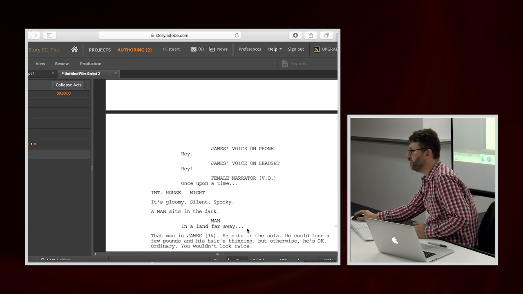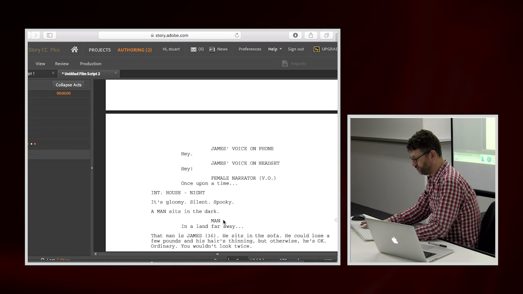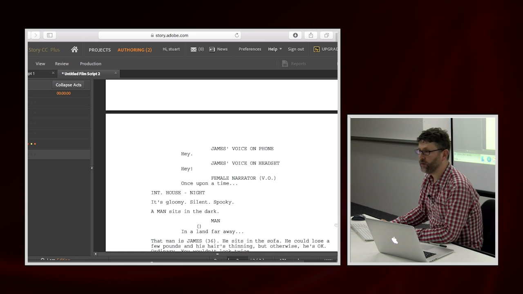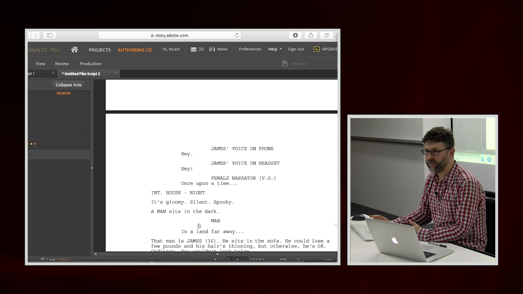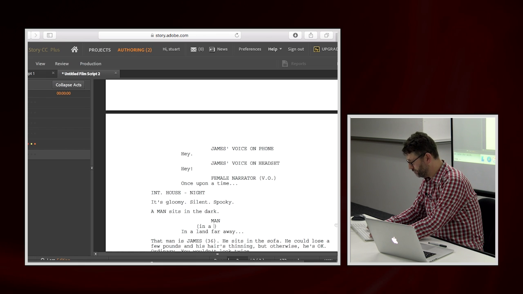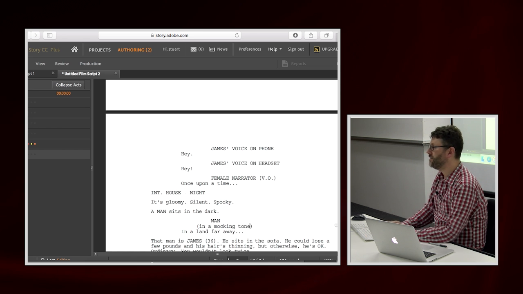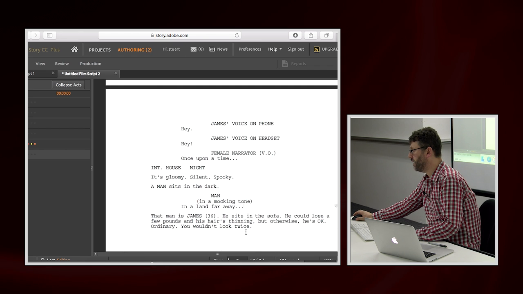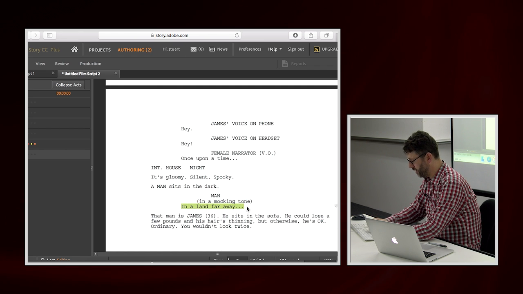So let's say that we want to say that imagine that he's actually being funny. Maybe you would want to write something like in a mocking tone, okay? Because that tells us something that we couldn't have deduced. Imagine he had said, let's change it to him saying,